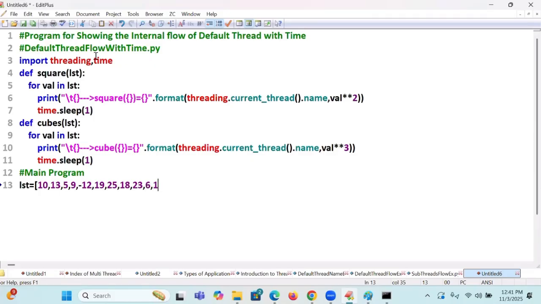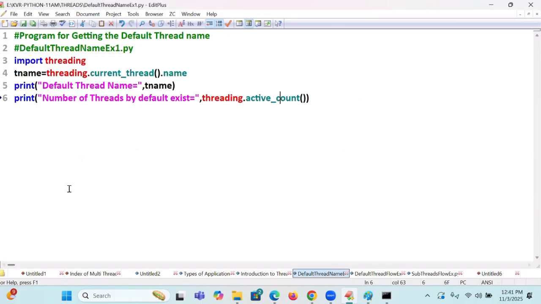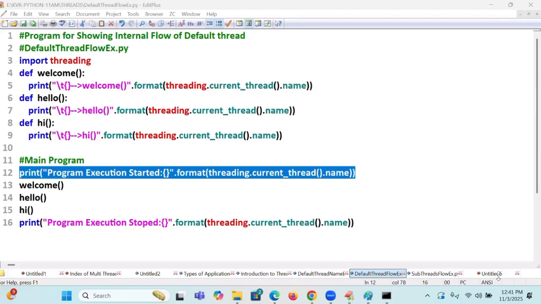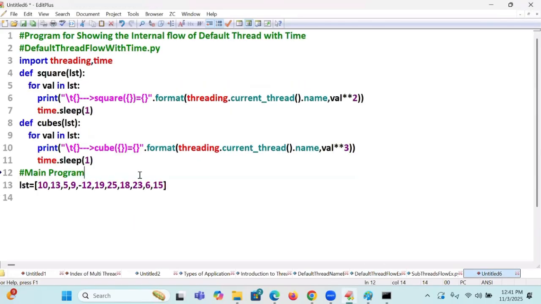Like that, I am having the data. For this data, what do I want to do? Program execution started. Here I'm going to write it, and here I will show you.